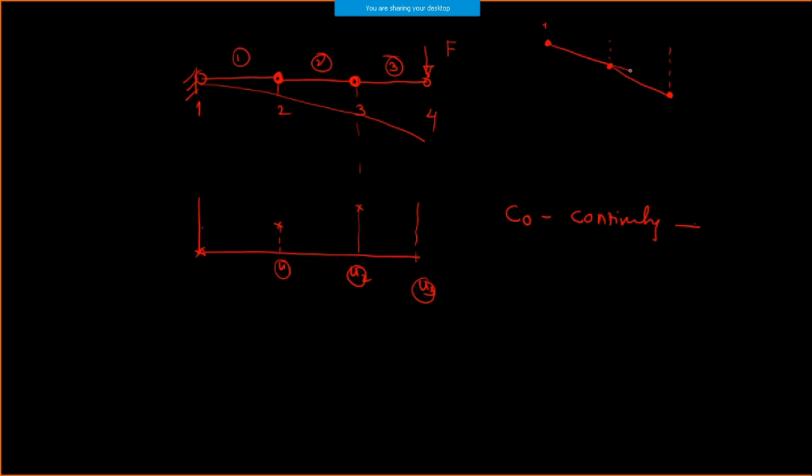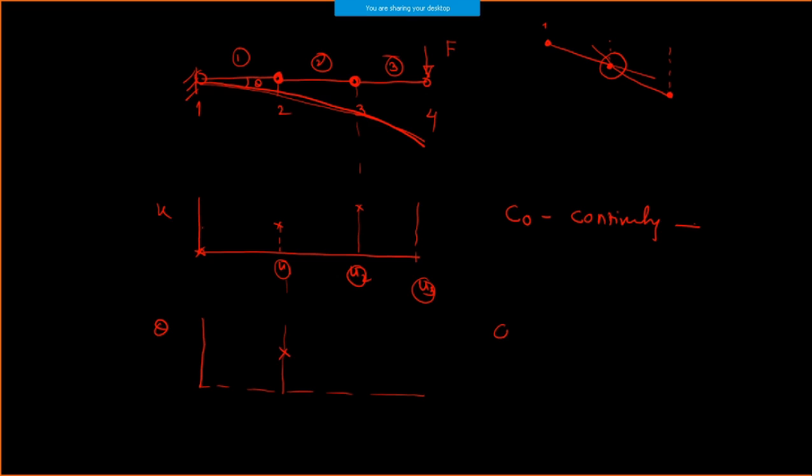So the slope at this point and at this point are different. If these two are different, obviously I can't get a smooth displacement over the entire model, and that is again creating a problem. So what if I take a theta angle here, where theta is the slope? I'm going to match this theta on this node, so the theta on element number 1 and element number 2 are